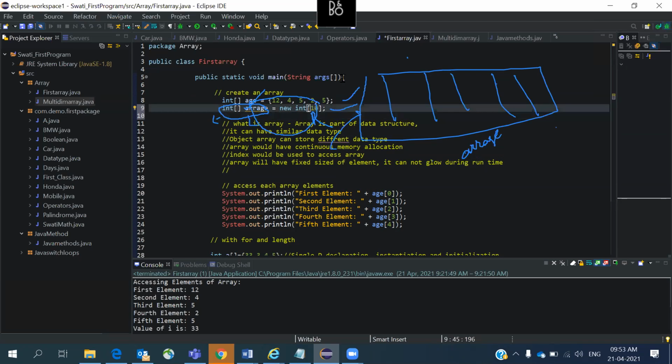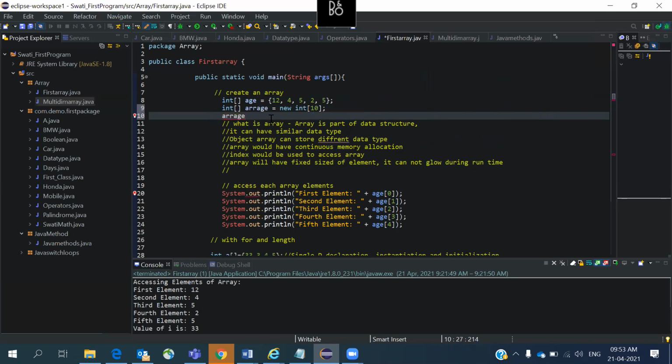Here only, Chris. The next line, line number 10. What is the array name? We need to write the index, means you need to load the values. What we are trying to do is we define an array with a size of 10. Now we are trying to load those particular values. In the square braces, index of 0 equal to, means what you want to assign as the value.